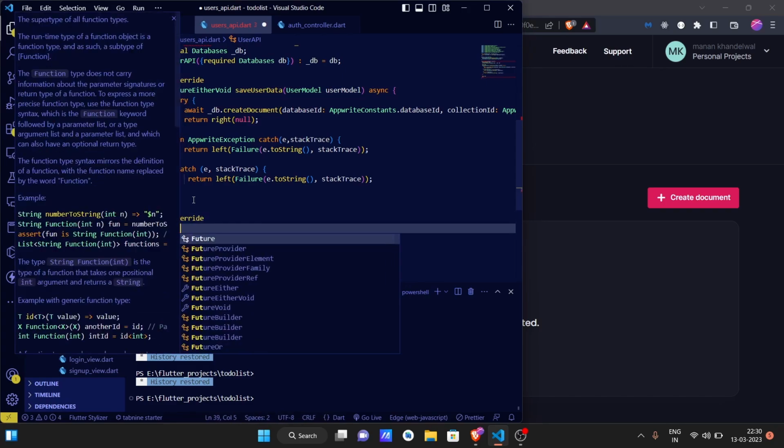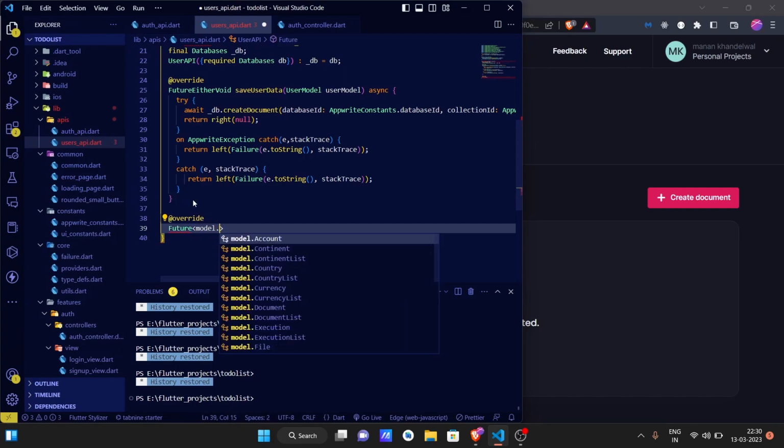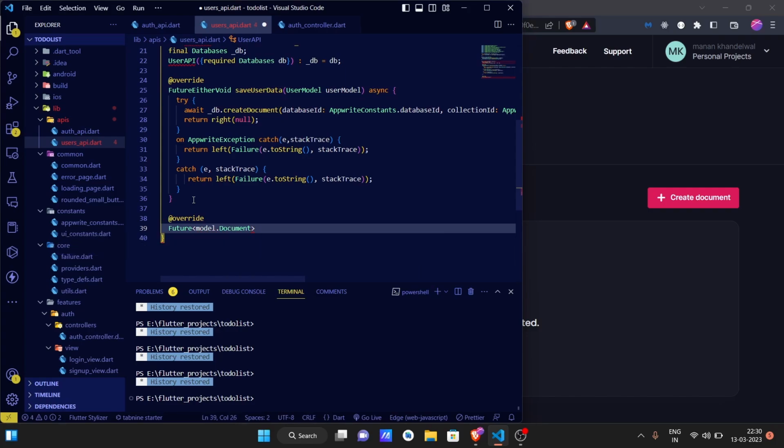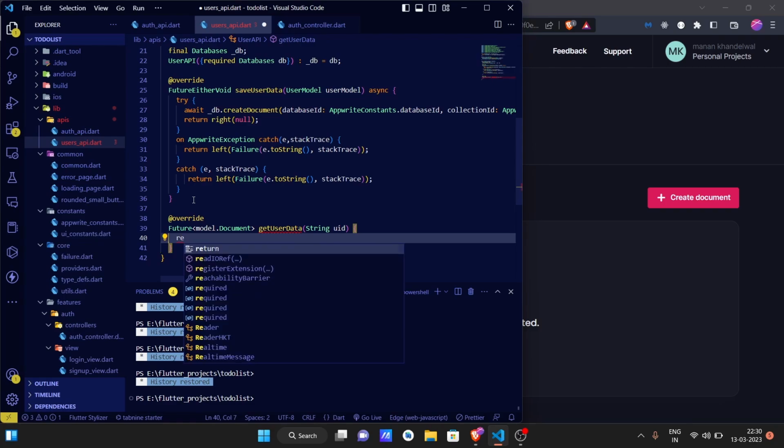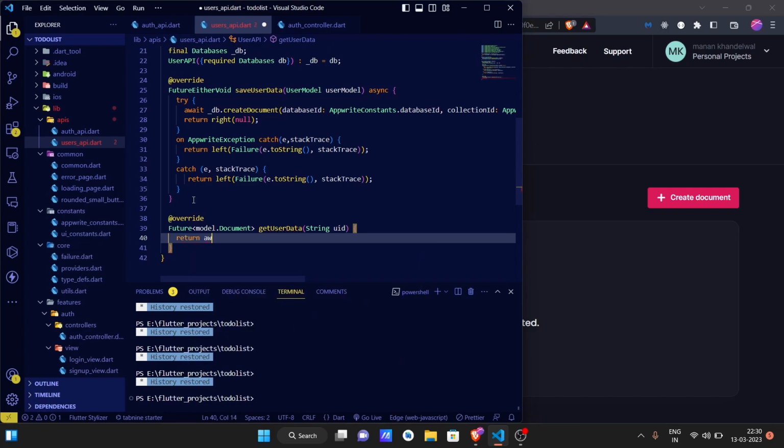override, and here Future<model.Document> getUserData, and which user's data we need, we are going to provide that user's uid, and to return the user's data we are going to return, again, await _db.getDocument, I give it the value of async, and to get the data we need to provide again